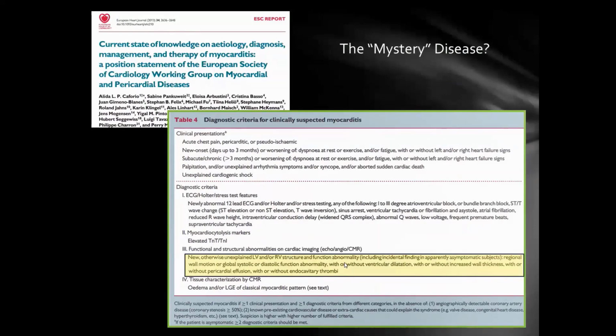on myocardial and pericardial diseases, and some of the functional and structural abnormalities on cardiac imaging: otherwise unexplained LV or RV structure or function abnormality, regional wall motion or global systolic or diastolic function abnormality, with or without dilation, with or without increased wall thickness, with or without effusion, with or without endocavitary thrombi. So you can see with or without is tied to many of these. So that's why getting through the pathway to the actual diagnosis usually leads to more of a histological or chemistry